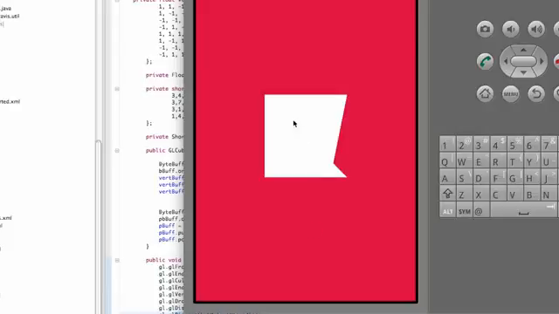Alright, it looks like something's messed up. I must have messed up on one of our triangles, but as you can see, for the most part we're getting some sort of a cube. And this is what we're going to do in the next tutorial, is learn about